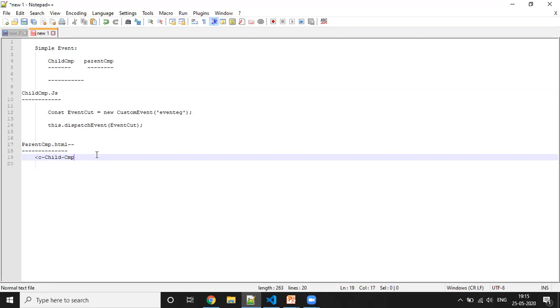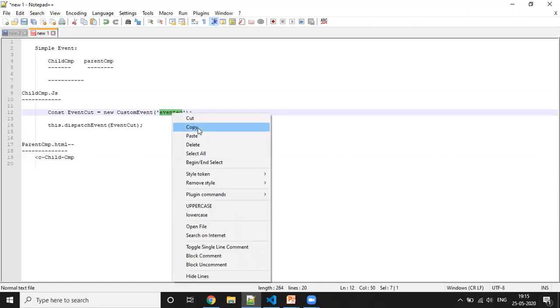Here we have to copy the same name which we have given in the child. Any custom name we can define; it depends on us.